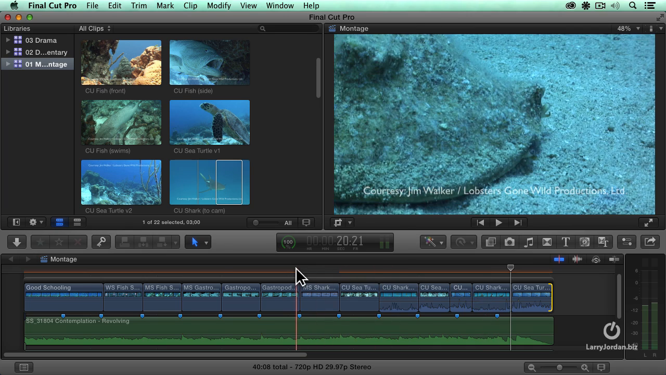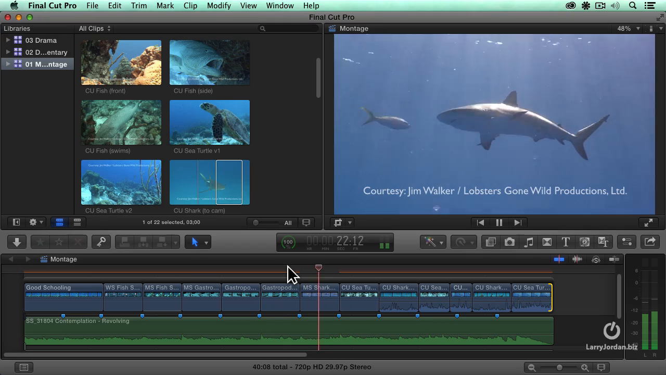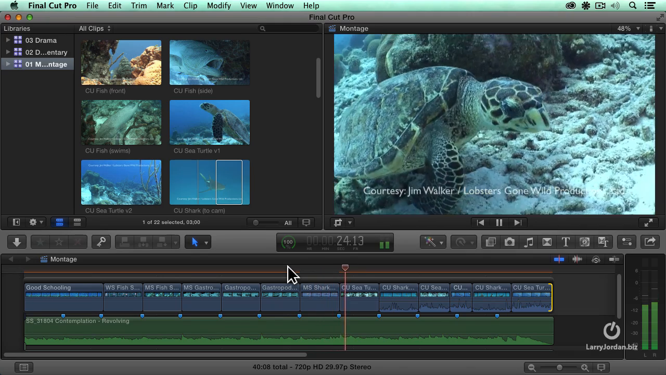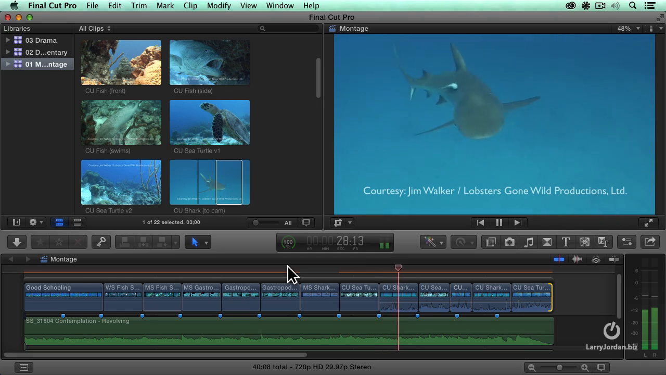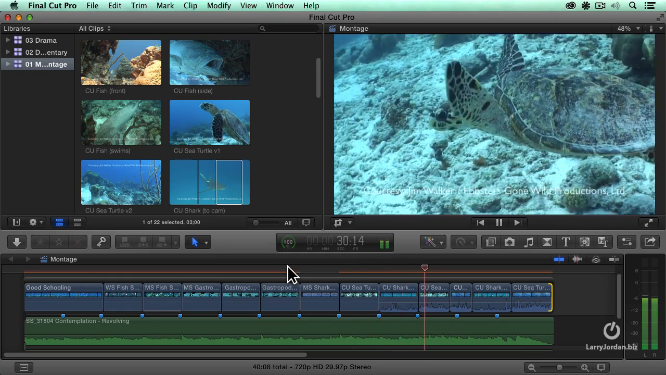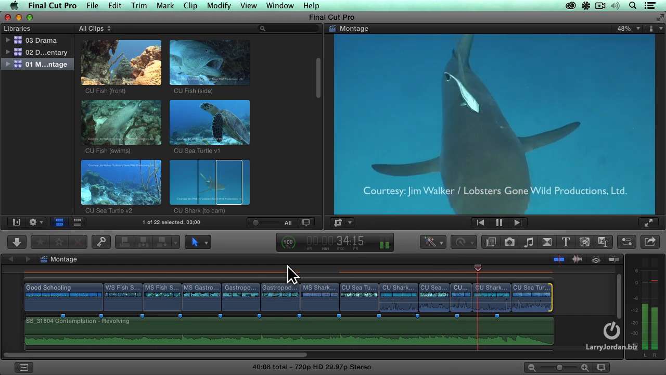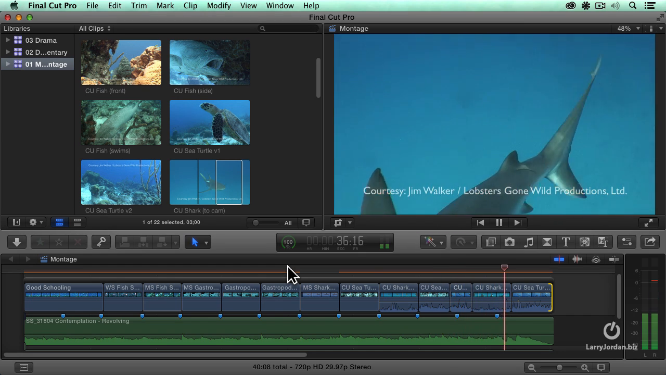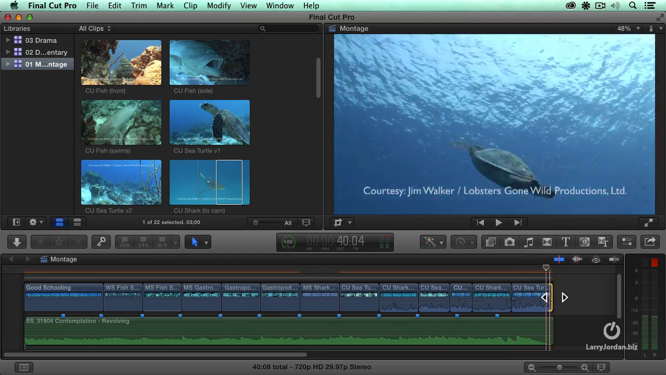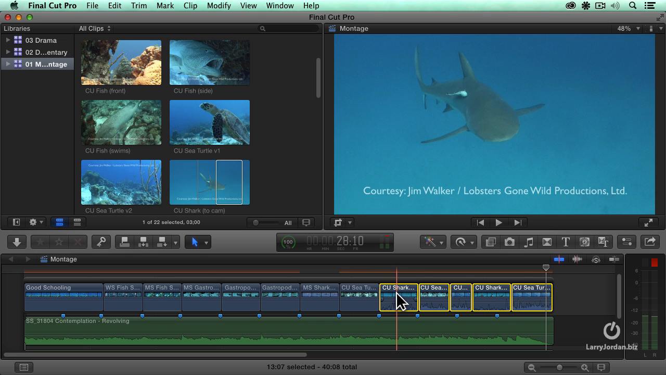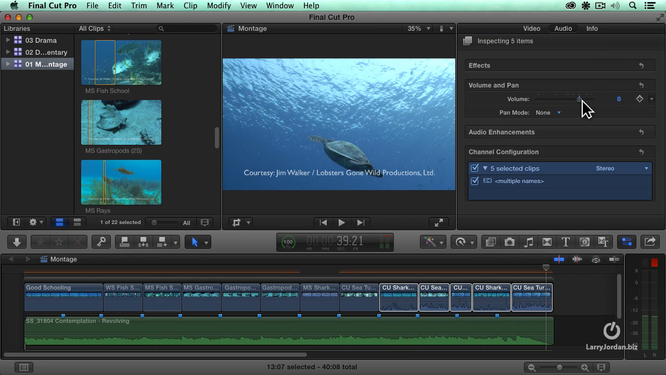Okay, so now we've got our dialogue. The mollusks are hiding. We see a shark cruising. Turtle turns around. Shark gets closer. Now here's another cool trick. We'll just take all of that stuff, go to the inspector, audio, set the volume to 0, and they're all